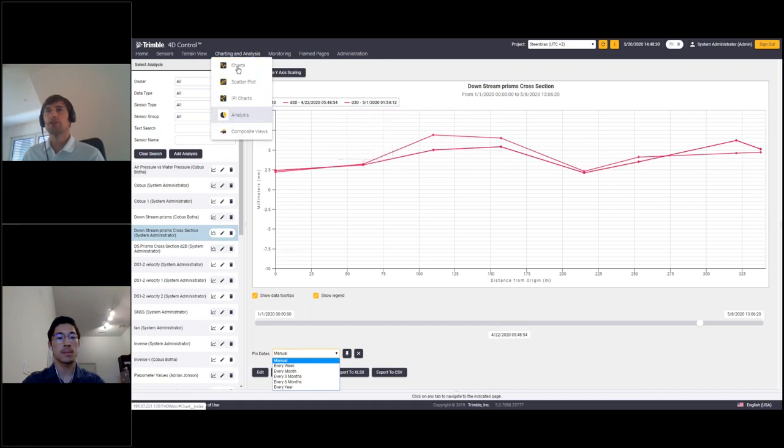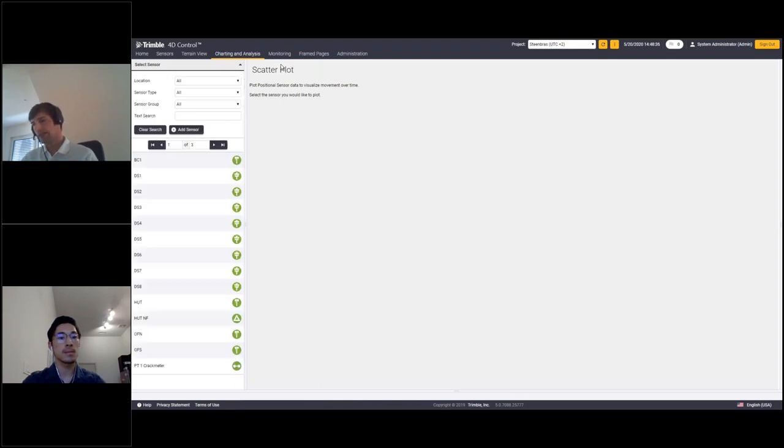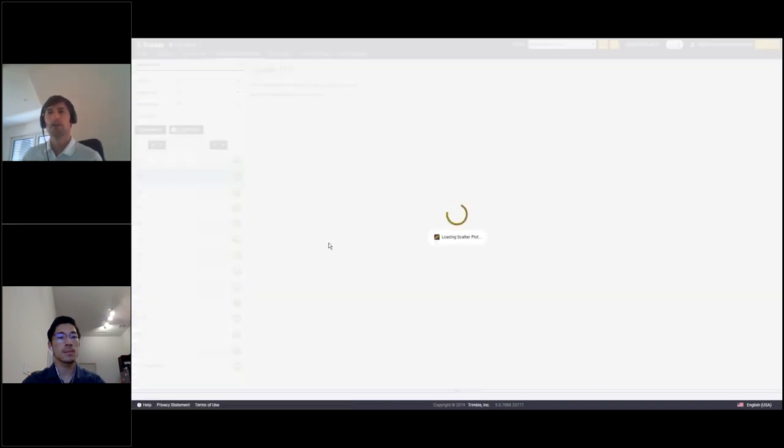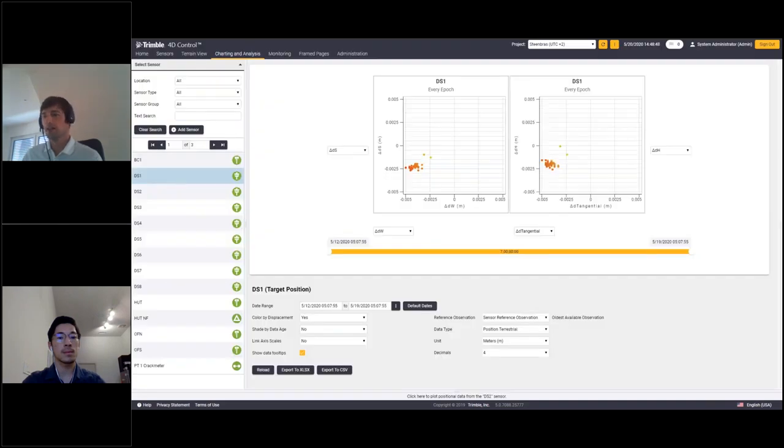What else can you do? So if you look up here, a scatter plot. Scatter plot is another possibility of T4D to analyze data and to visualize changes in positional observations. So if I open DS1, which is my downstream target 1 again, you see there are basically two planes side by side, and